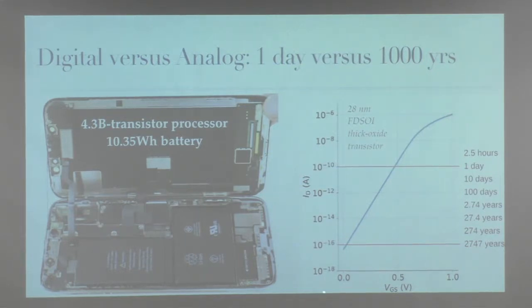Now, what I've shown here is the gate voltage applied to a transistor. As you increase that from 0 to 1 volt, you go from the subthreshold region to the above threshold region. The threshold is around this level here. The current goes exponentially, this is a log scale, and then it becomes quadratic, increases quadratically. And you can see, if we operated these 4.3 billion transistors down here with a picoamp of current each, we'd go for 100 days on your iPhone battery. If we operated them with like 10 femtoamps each, we'd go for 27 years on your iPhone battery. You could have something sitting there computing for 27 years with all these 4.3 billion transistors, right?